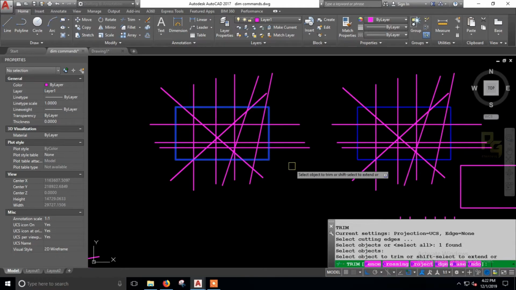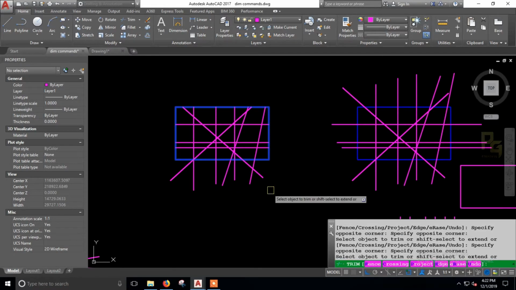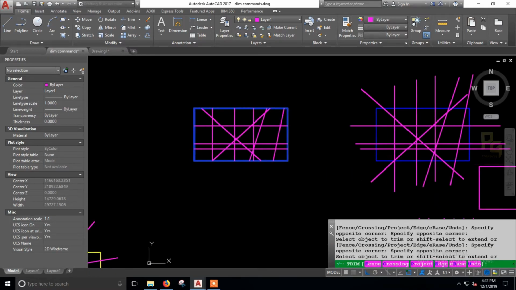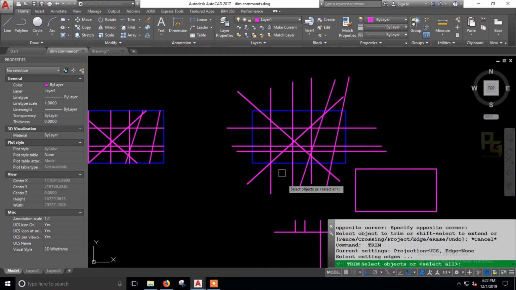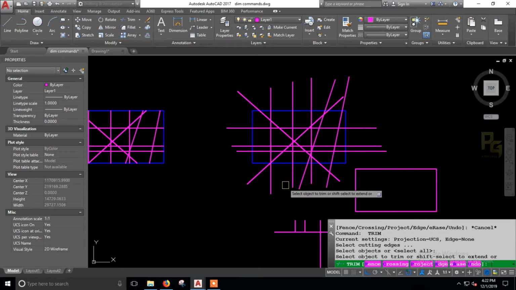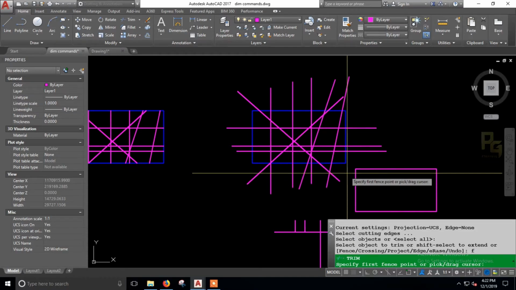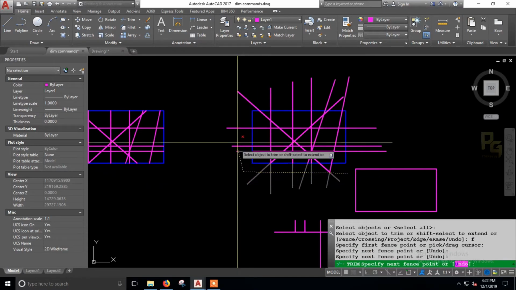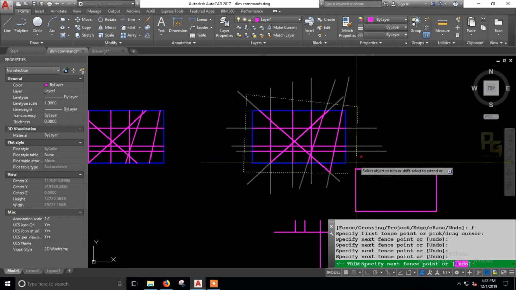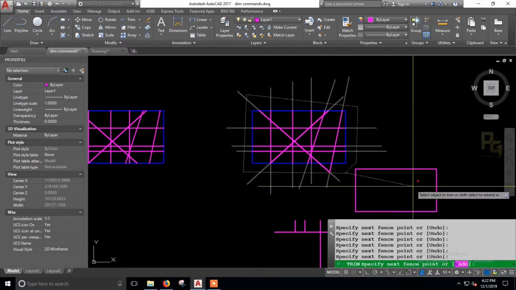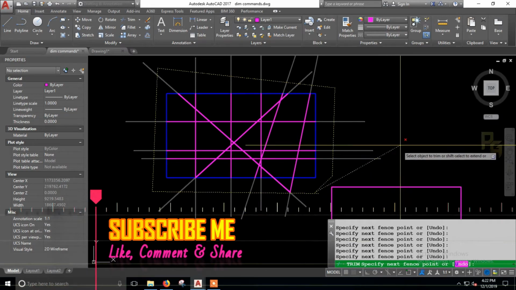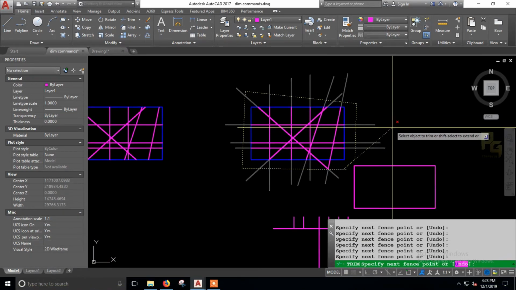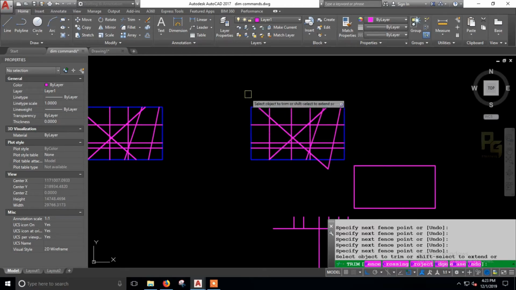So what I am doing is selecting the rectangle and entering, and selecting the objects that need to be trimmed, this way. That is without the fencing command. Now I am doing the same with the fencing command. I have not selected any object, I am just entering fence and it will ask for the fence point like this. So I am just drawing lines. You can see there are dotted lines like this. I am just drawing a line around the rectangle and entering the command.